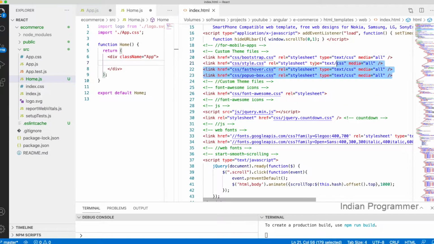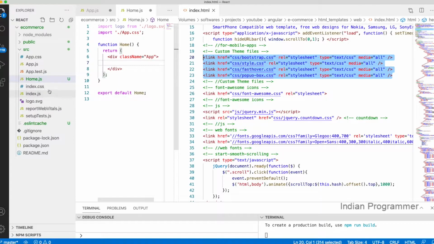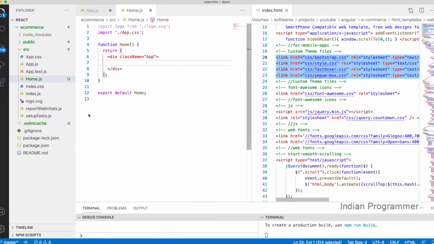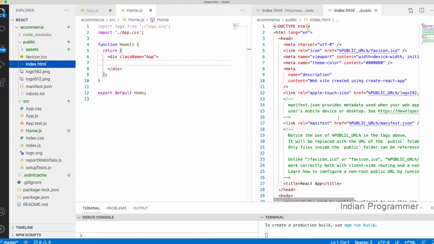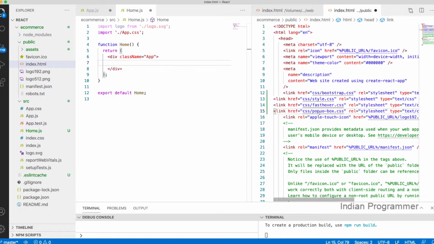Okay, so I want to add this CSS to our application, so I just copied it. This is the common CSS, correct? So what I'm going to do is put it in the common web page instead of putting it in the home page. I will put this in a common page, which is nothing but index.html. So this is the common one. In this common page, I'm just placing this file.